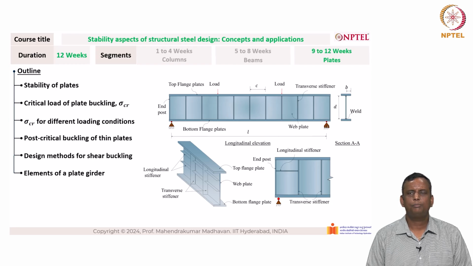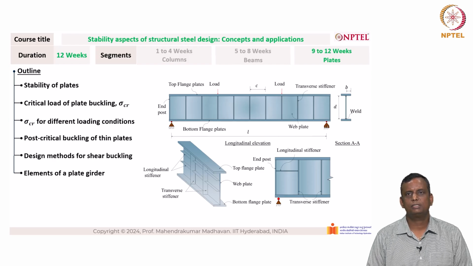Plate girders are very important structural components. They are typically used for long span structures. Long span structures could basically be bridge girders, where you need to take care of a large amount of moment and shear. They can also be used for buildings. Typically buildings use hot rolled steel sections from IS 808. ISMB 600 basically has the highest load carrying capacity, whose depth is 2 feet or 600 mm.